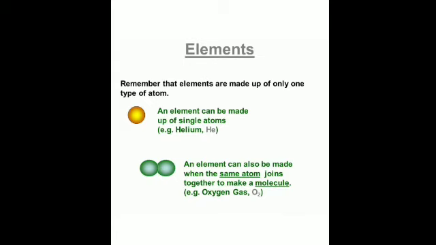For instance, when we are talking about helium, it will contain just helium atoms and no other atoms. Or gold will be made of just gold atoms and nothing else. So they are made up of a single type of atom. The number of those atoms can vary, but they will all be of one particular element. And an element can also be made when the same atoms join together to form a molecule. When similar atoms of an element join together, they form a molecule. For example, two atoms of oxygen combine to form an oxygen molecule. Is it clear?